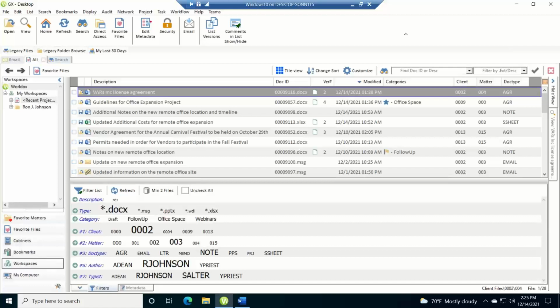Hello, in this video I'd like to give a quick overview of how you'd go about selecting two files or two versions from Worldox to send through a comparison product. So I have this document right here that has two versions and I want to compare version 1 against version 2. So the first thing I'm going to do is go to the list versions